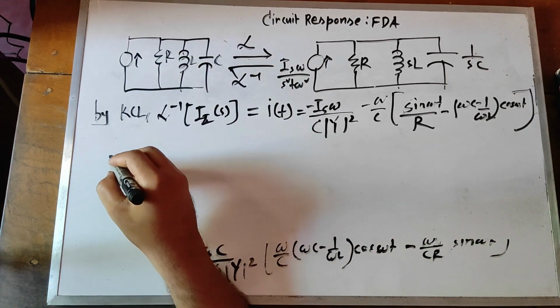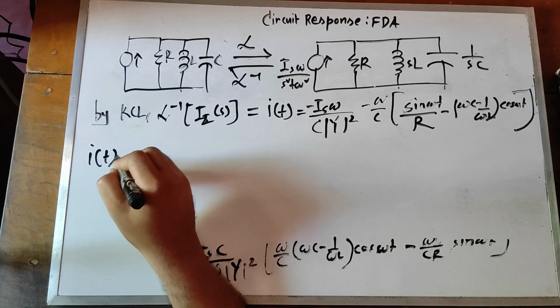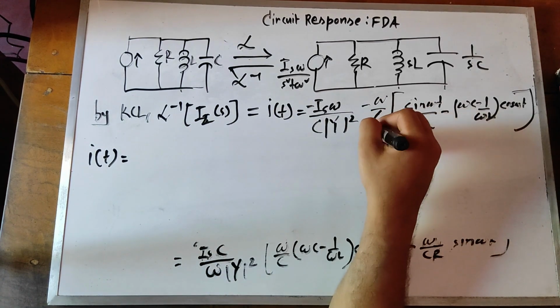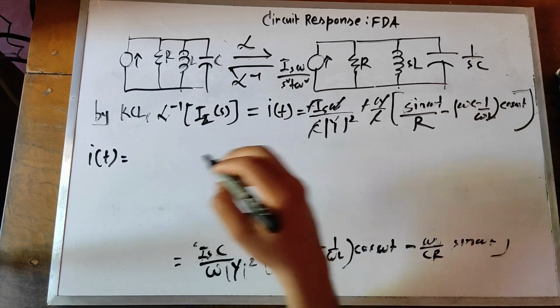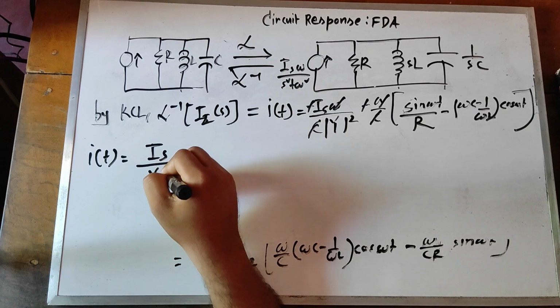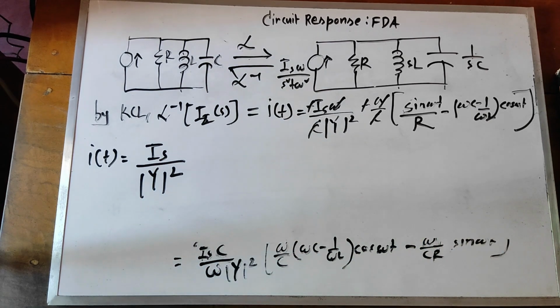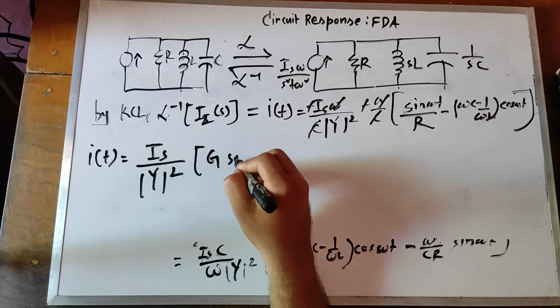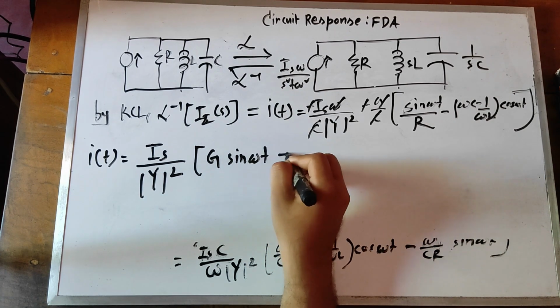Now what will happen is it equals, so this cuts out, so only what is left behind is by admittance squared, conductance sine omega t